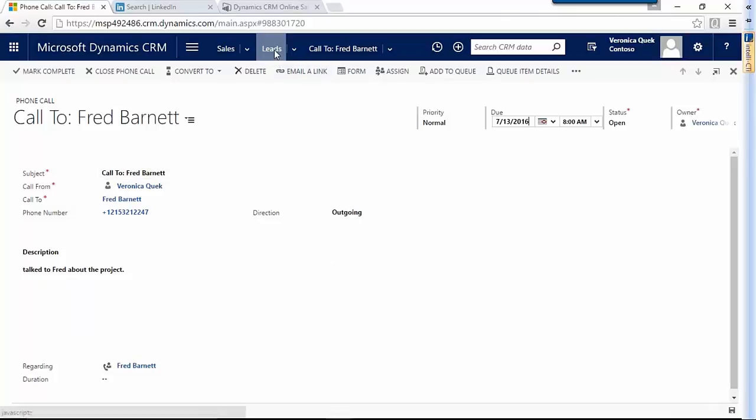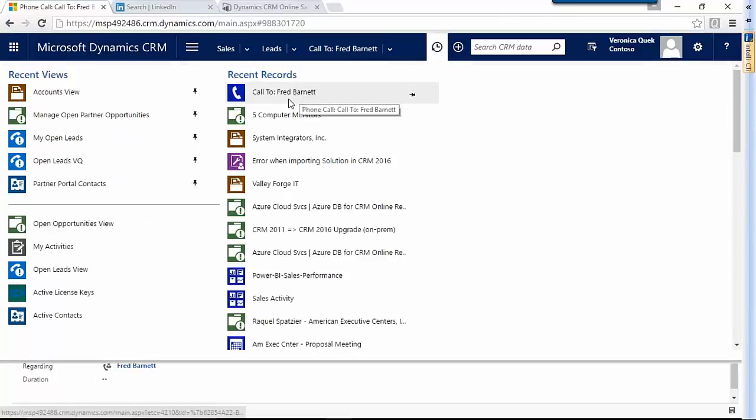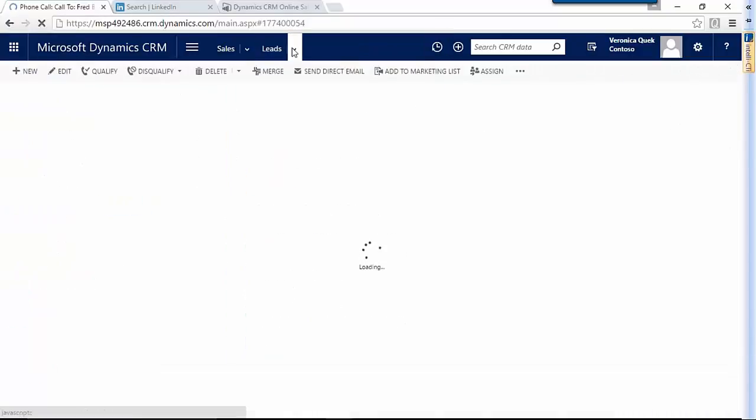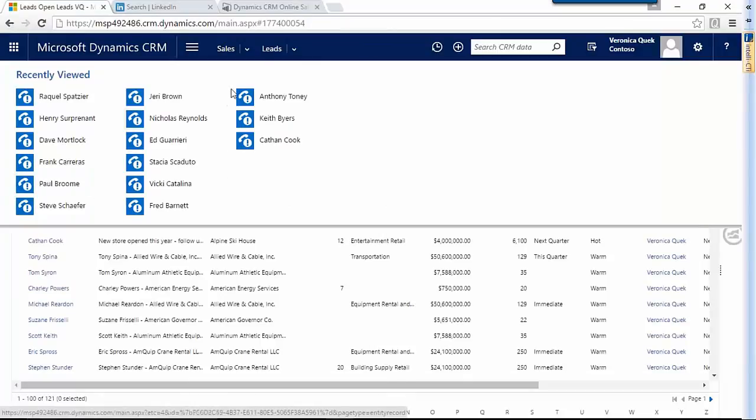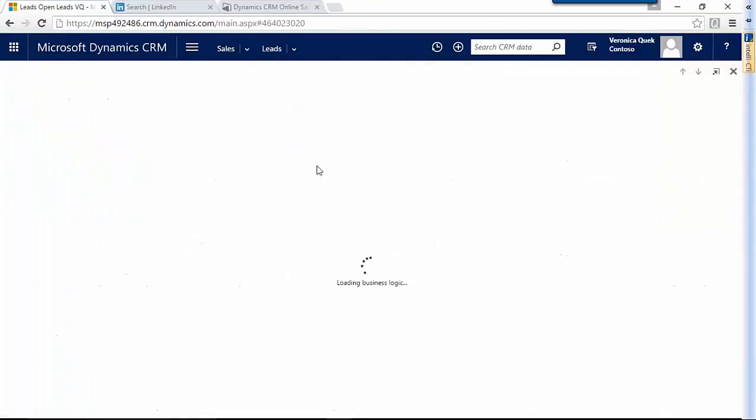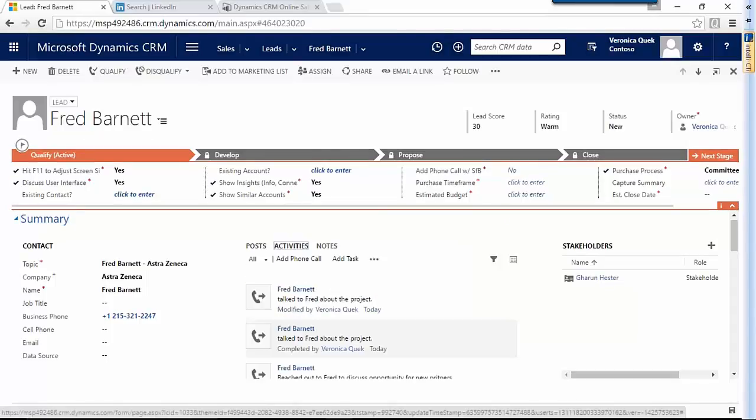leads. And so then when I go back to my lead, I'm going to be able to, let's see, five recent records. Where'd you go? There he is. I can see all my activities in one place now. So I can see the completed phone call that I called Fred to talk about the project, and then this is really the follow-up to, again, talk about the same project, apparently. So that's what I got in terms of lead